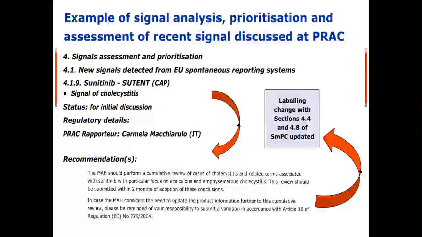The MAH should update the product labeling information, or should submit an RMP, or if an existing RMP is there, update the RMP. The MAH can be asked to implement additional risk minimization measures such as educational materials or dissemination of a DHCP letter. The MAH can even be asked to conduct a post authorization study according to the agreed protocol and submit